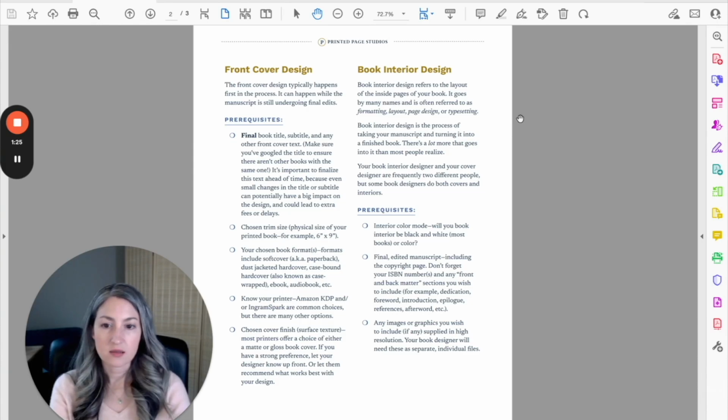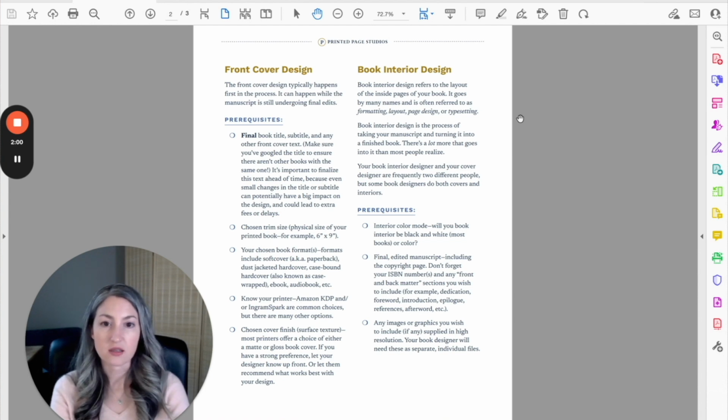Really, the main piece that you need to have decided before front cover design is your final book title. And this is one people don't realize, and I have seen many opinions online and things saying that, oh, that's pretty easy to change later. So have your cover design done early, and then if the title changes, the title changes. And I really could not disagree more with that advice,